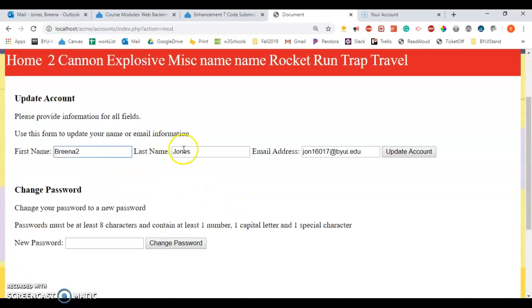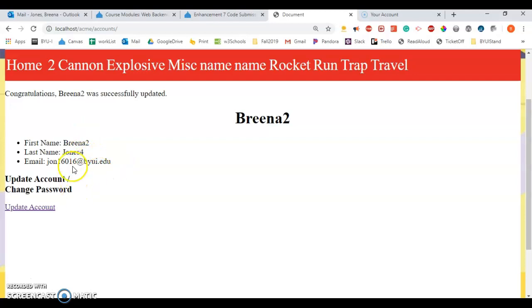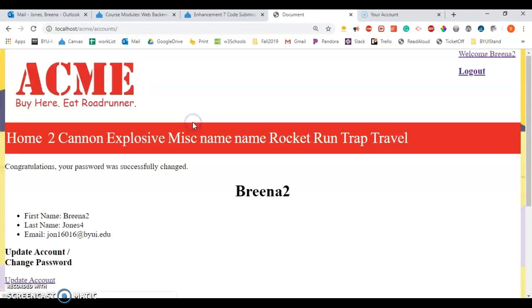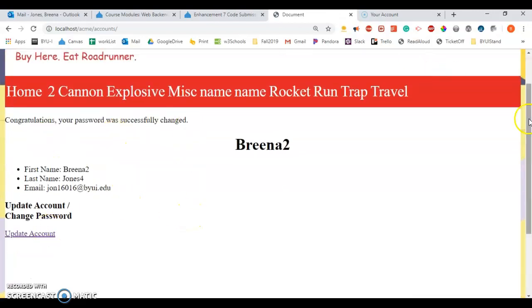And if I put that 4 and change this to a 6, update account, it does all of them, changes it to a 6. And then update account or change password. So if I come in and change the password, it also works. So if I log out